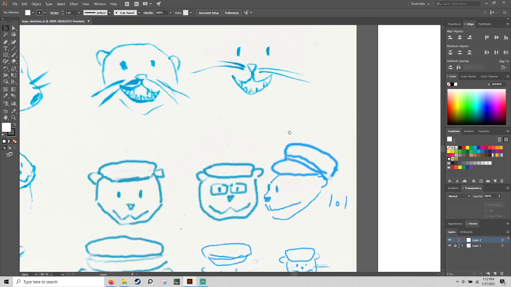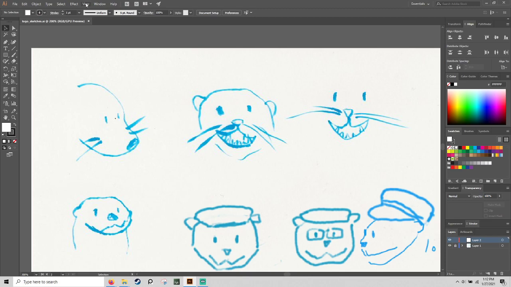I'm going to do it two different ways. So the first way I'm going to do it is actually I'm going to get my tablet out because I'm going to use the paintbrush tool. I want to do two variations of this logo. One is a more perfect